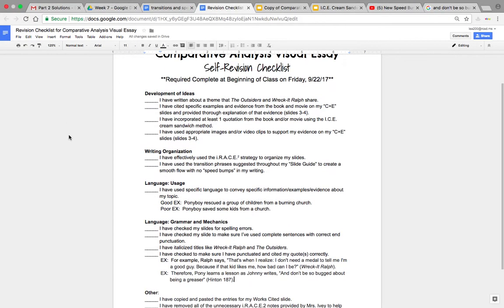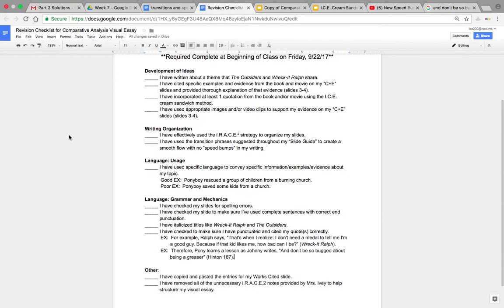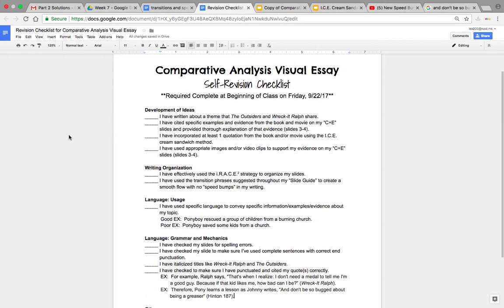All right, let's start with the revision checklist and just make sure you understand all of the components. Remember that the revision checklist is now a requirement and must be complete at the beginning of class on Friday. Now, that doesn't mean that you can't still make a few touch-ups to your essay on Friday, but I'm trying to push you to get things done and look at this revision checklist so that if you have any questions on Friday, you can address those with me during class if you have a minute